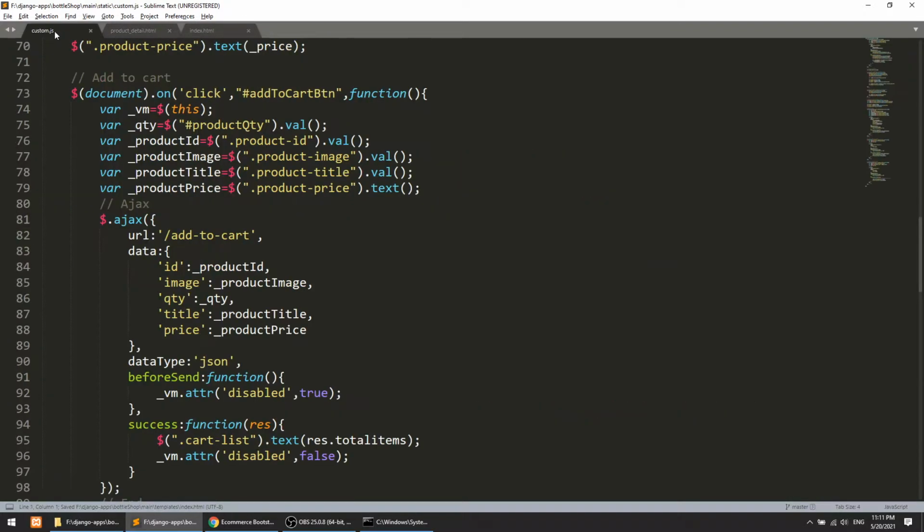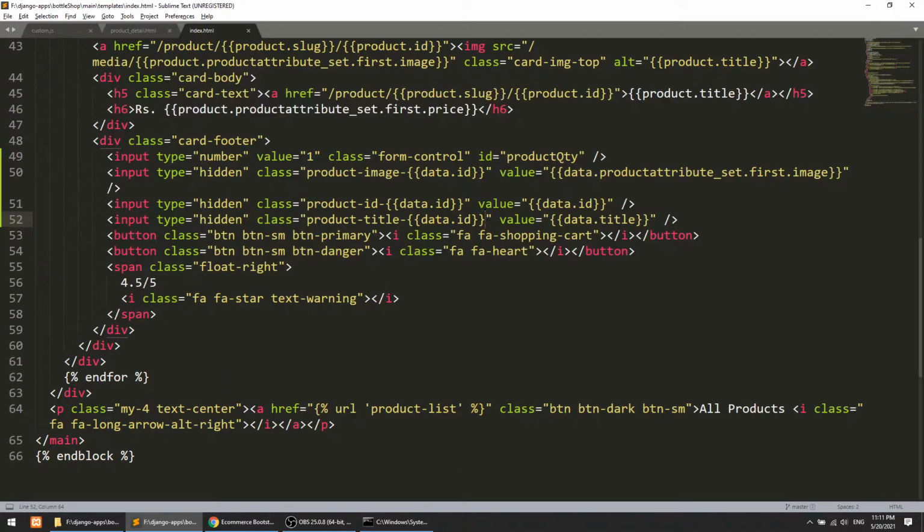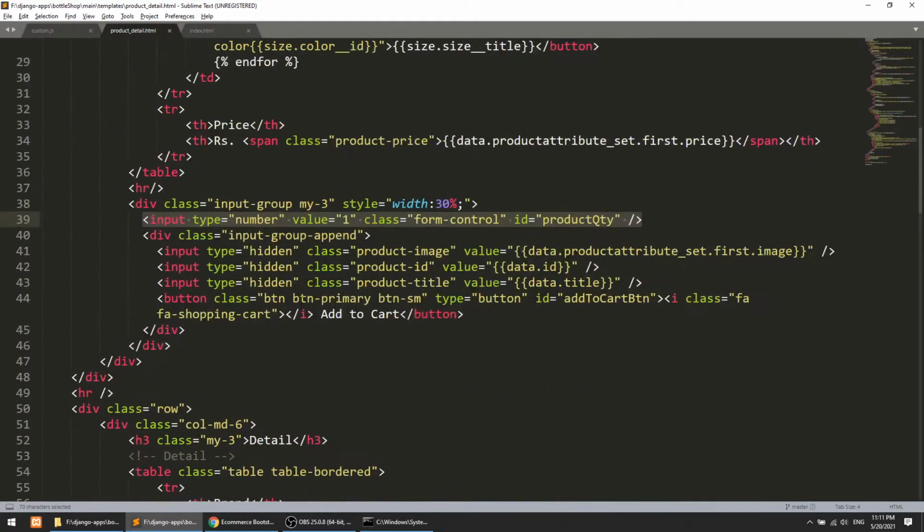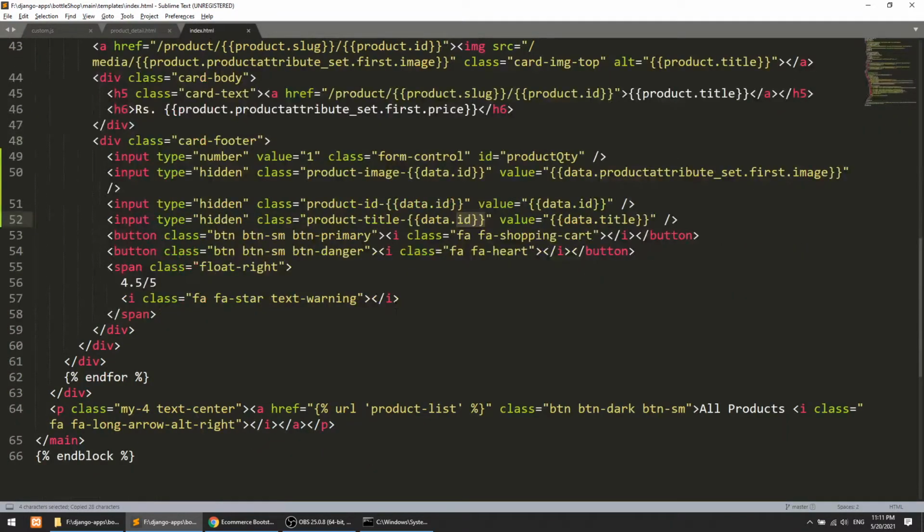Now what we are getting is quantity, id, image, title, and price. So we need to do this for price also. For the price I have added a span tag here, so I'll copy this and add it here, and similarly I will do this for price.